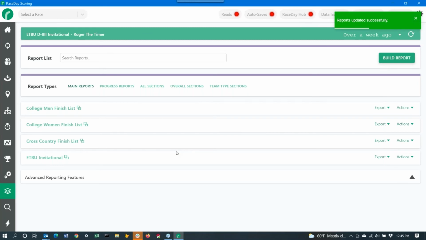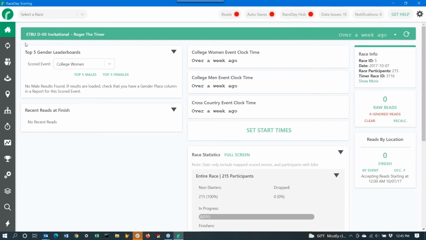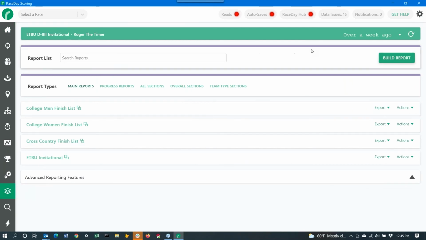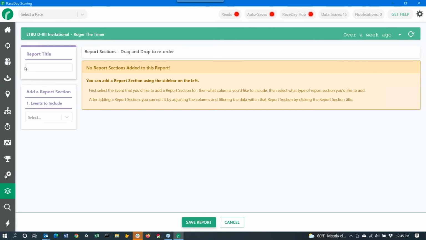All right, I'm not understanding why my sync is failing, because it never did in any of my trials of this. Not sure if results publishing is going to work because of this sync failure we're having right now, but to build what we need for RunSignup,